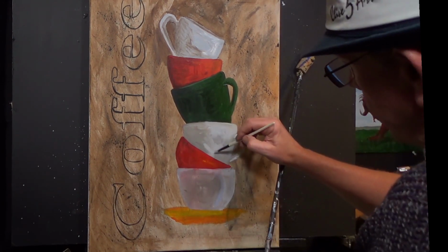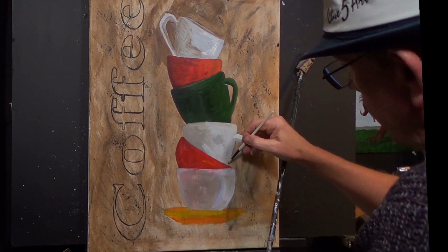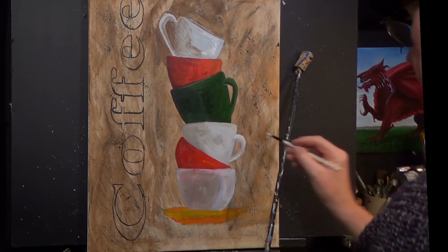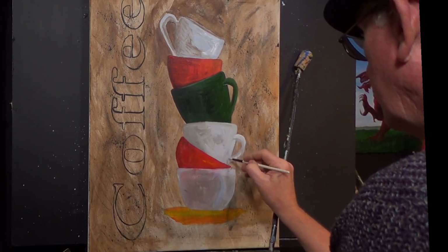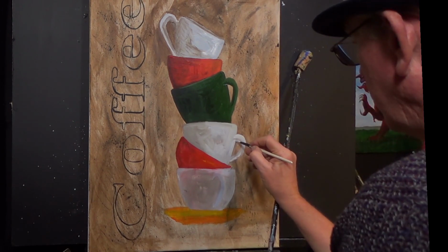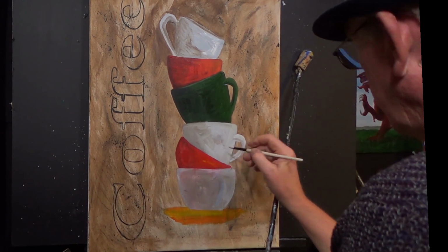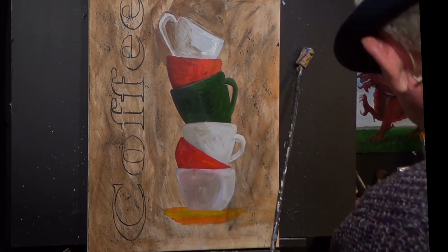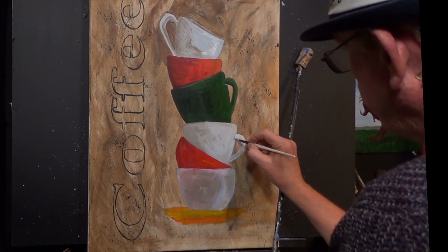Painting away the stress of everyday life in Wales. And I've been doing a couple of videos on anxiety and things because, as you know, if you've followed me on a regular basis, I found myself suffering quite a lot with anxiety over the last few years, and it has not been pleasant, to say the least, but I'm getting through it slowly, and